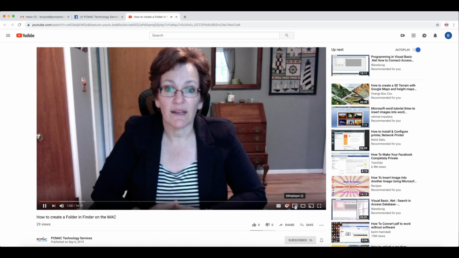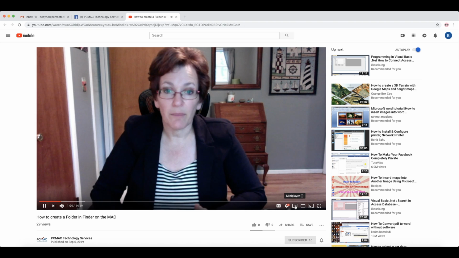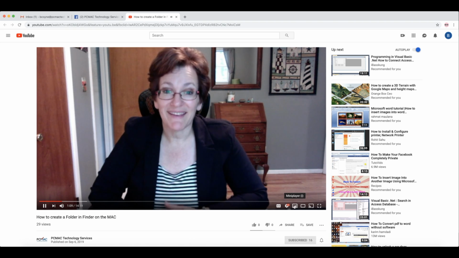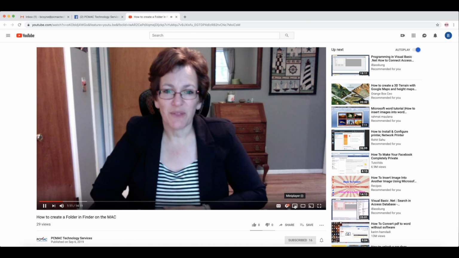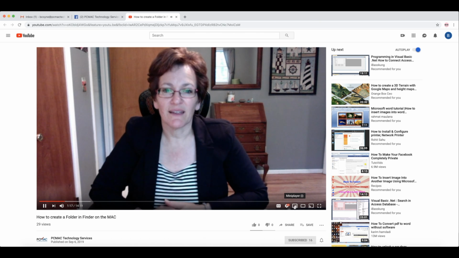The next three buttons have to do with how you play the video on your screen. Actually, the next four buttons, all these square frames. And all I'm doing is hovering my pointer over the button and it pops up and tells you what it is. So this is called the mini player. When you click it once,